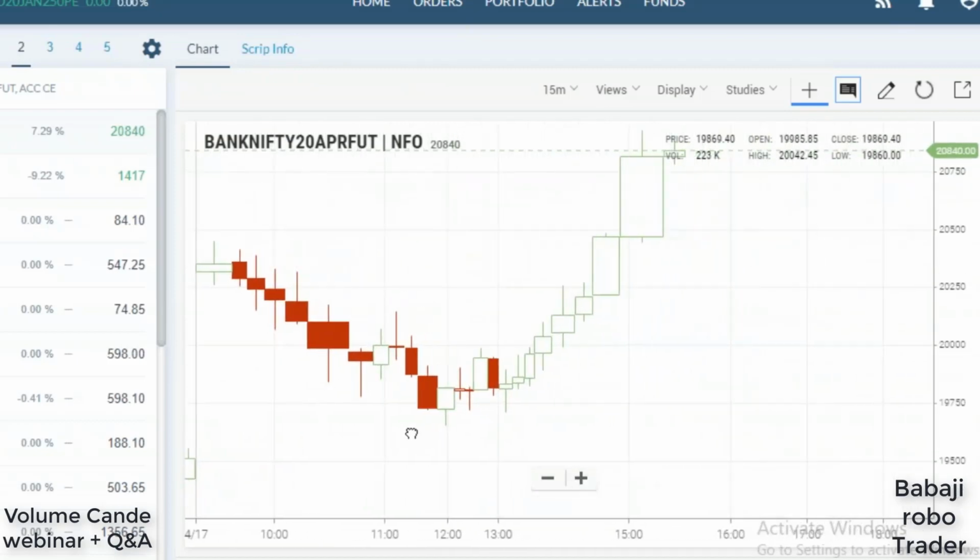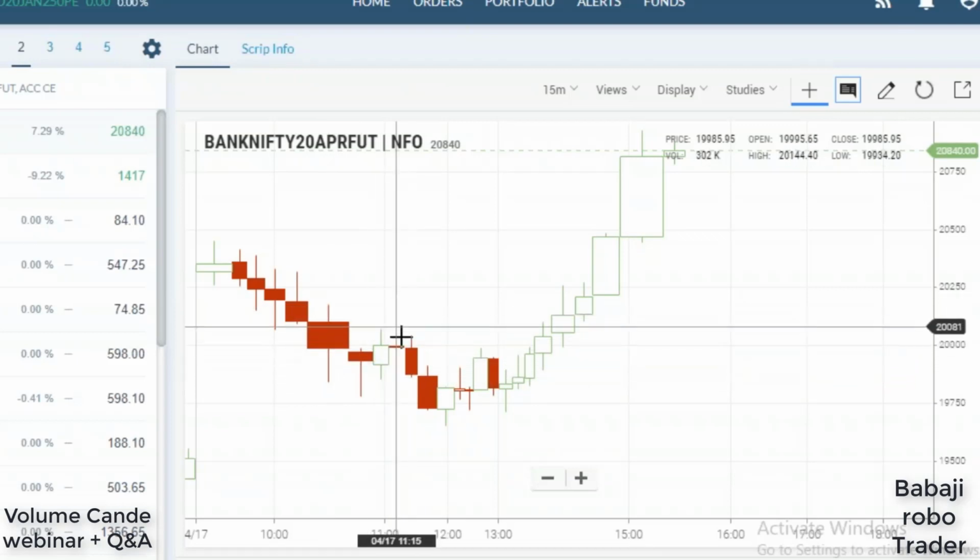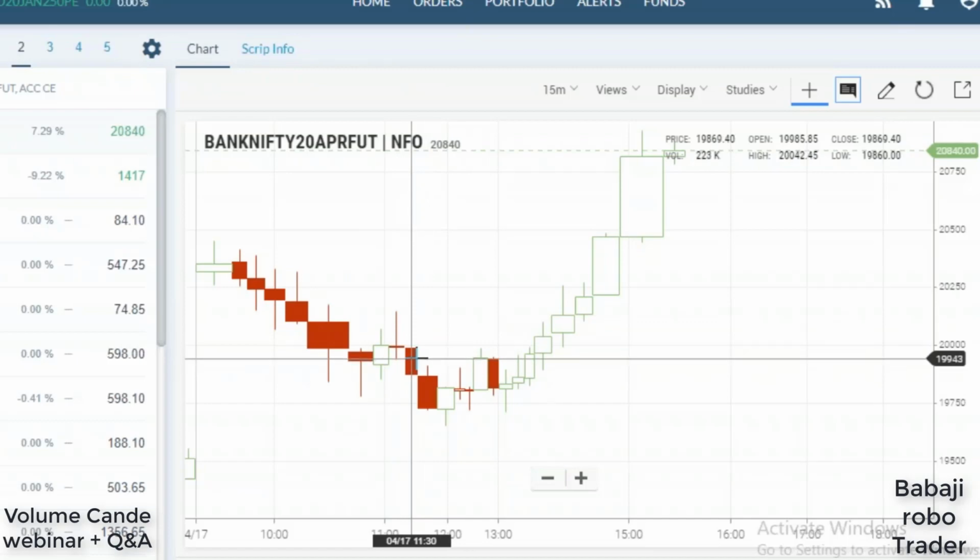We can see yesterday in the Bank Nifty chart the wick at the bottom and top, but here we can see there is a huge volume with the wick at the bottom. We can see that the two candles are confirmed with the wick at the bottom. After that the market moved higher, but we are getting a wick at the top. We can trade as per the pin bar.